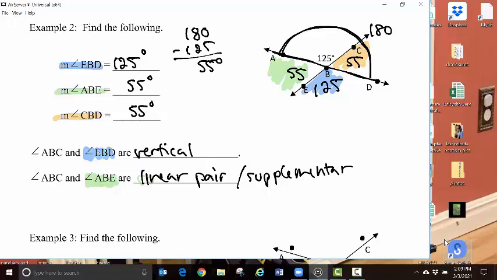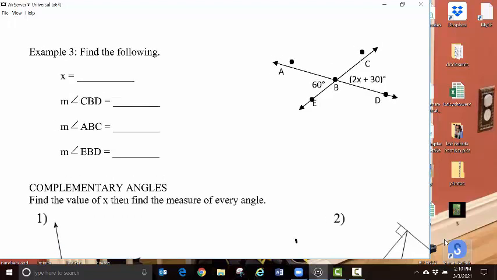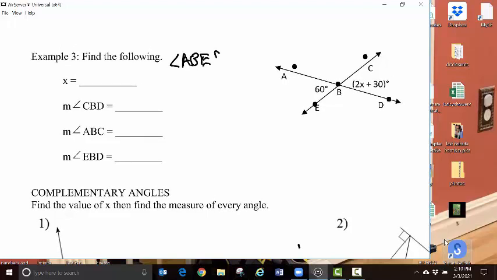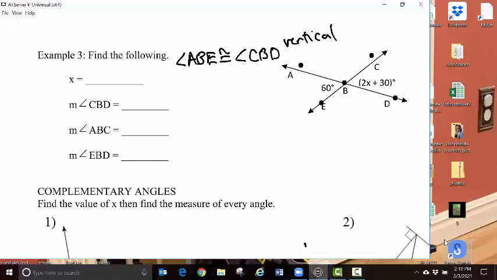So just like we did for 4.2, where you needed to solve a bunch of problems, remember that work goes on the back of the OWL worksheet, writing equations. We're going to write an equation. We know that this angle is equal to this angle because they're vertical, right? They are congruent. I know that angle ABE is congruent to angle CBD because they're vertical. They're across from each other in that X, which means the measure of angle ABE is equal to the measure of angle CBD,